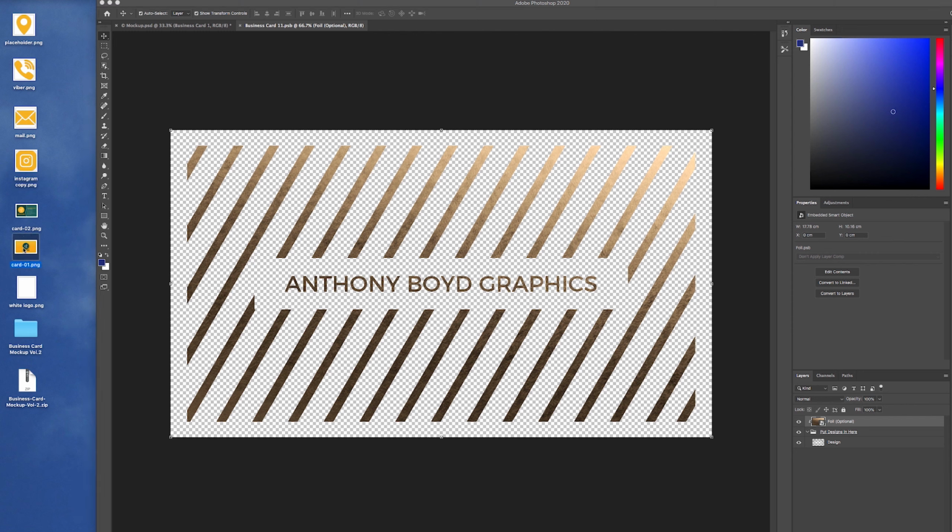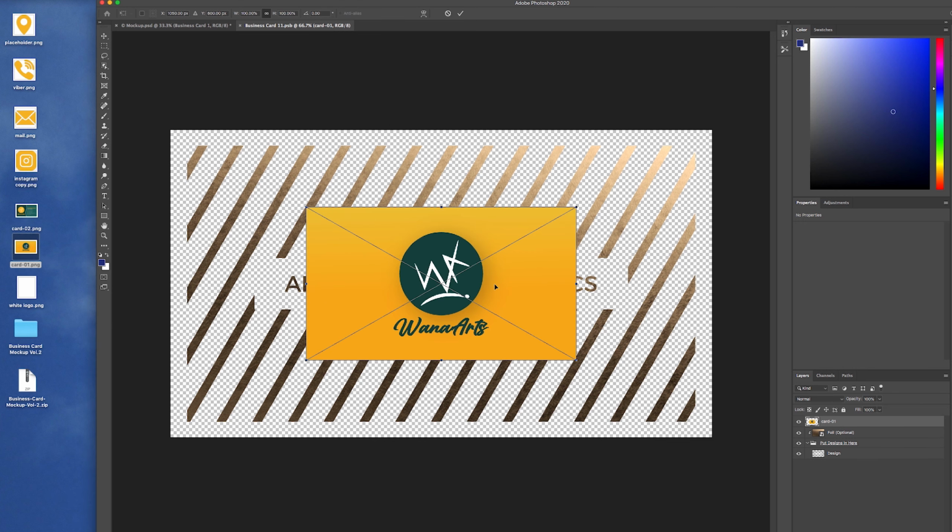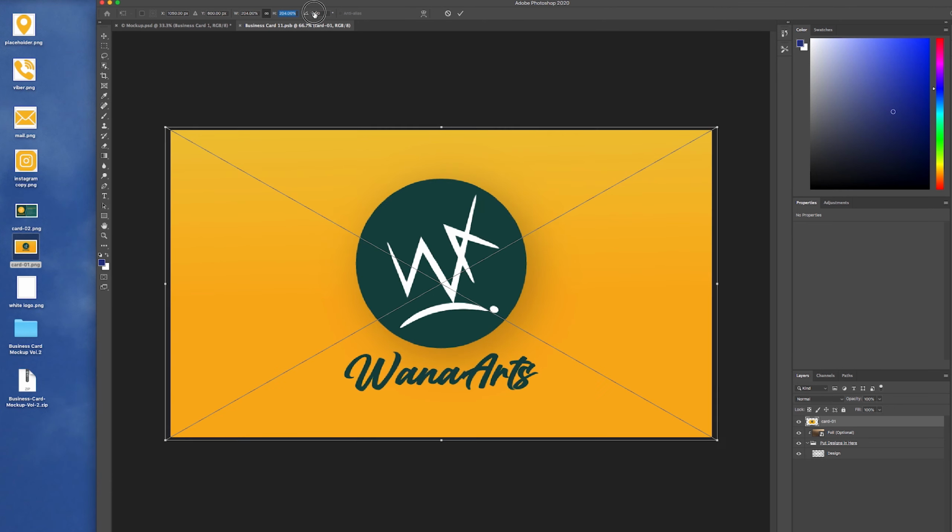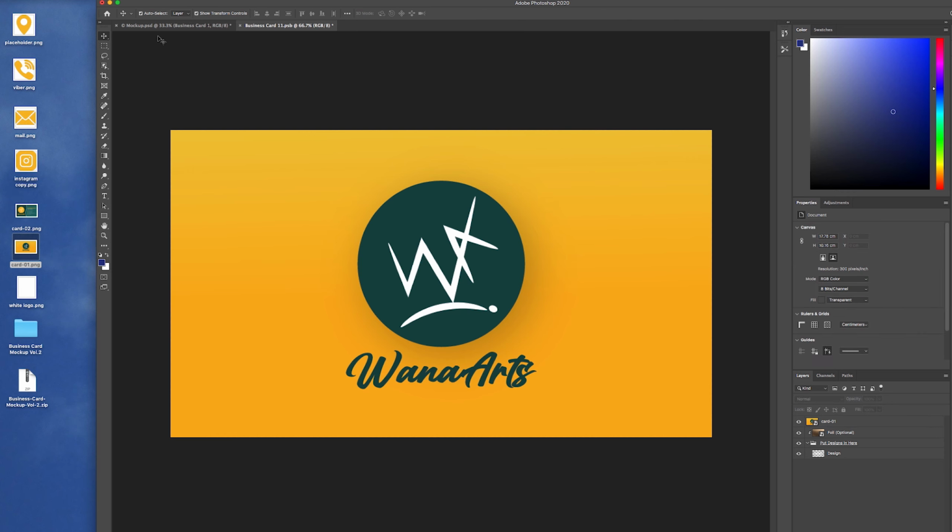Just drag it into Photoshop so you can resize it. Resize it, and then click this right icon on top here. Press Control S or Command S to save it,